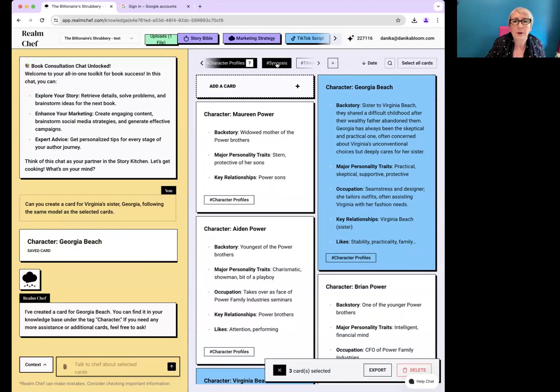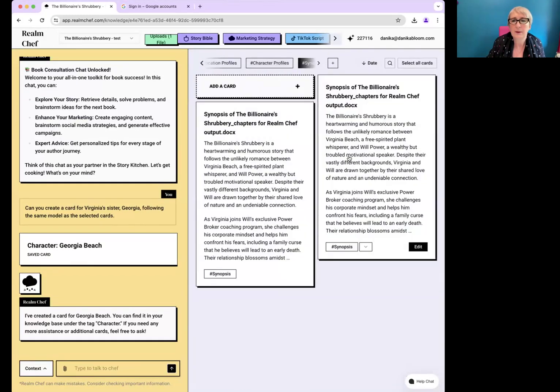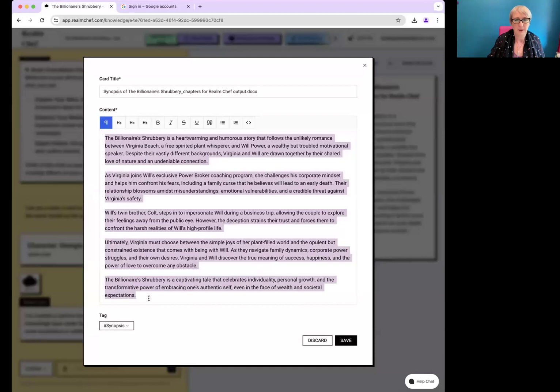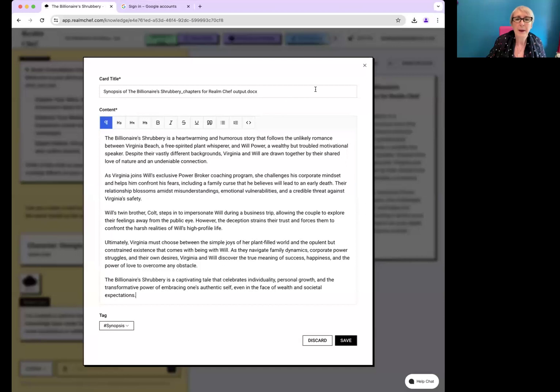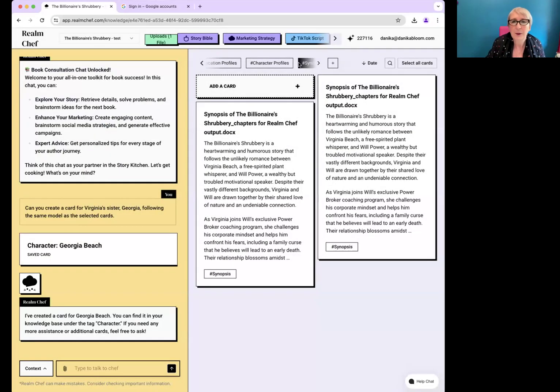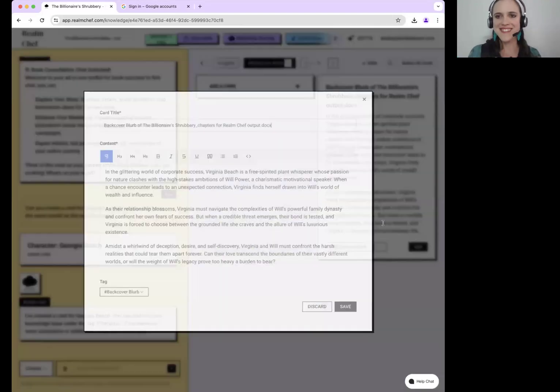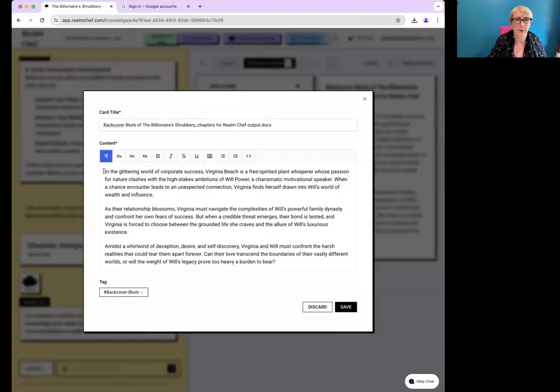Now, I know you want to see the synopsis. It gives us a synopsis of maybe 100 or 150 words, which isn't bad. It's not something that you would want to use for marketing as is, but there are some good lines in it. Is it the one that we played with yesterday, the synopsis or the back cover blurb? Back cover blurb. Yes, the fun one. So the back cover blurb,